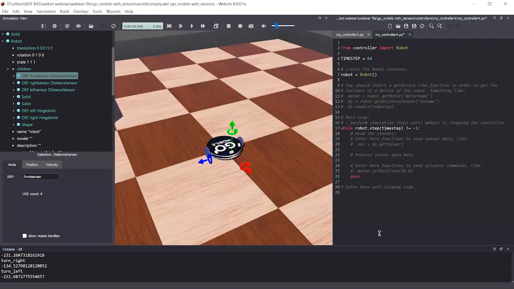Then I am going to get a robot. I'm going to call this Robot function from this controller. So I'm going to create a variable and call this Robot function. Now simply by calling this robot, I can talk with the robot node of the simulation. Here, this time step, I'm going to change to our defined TIME_STEP.